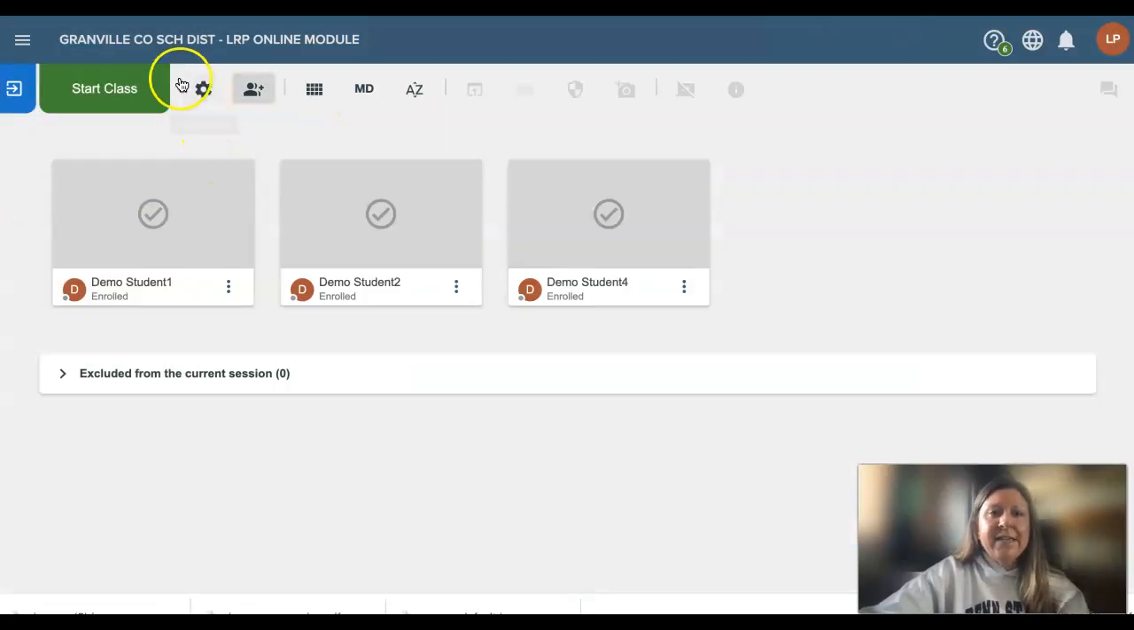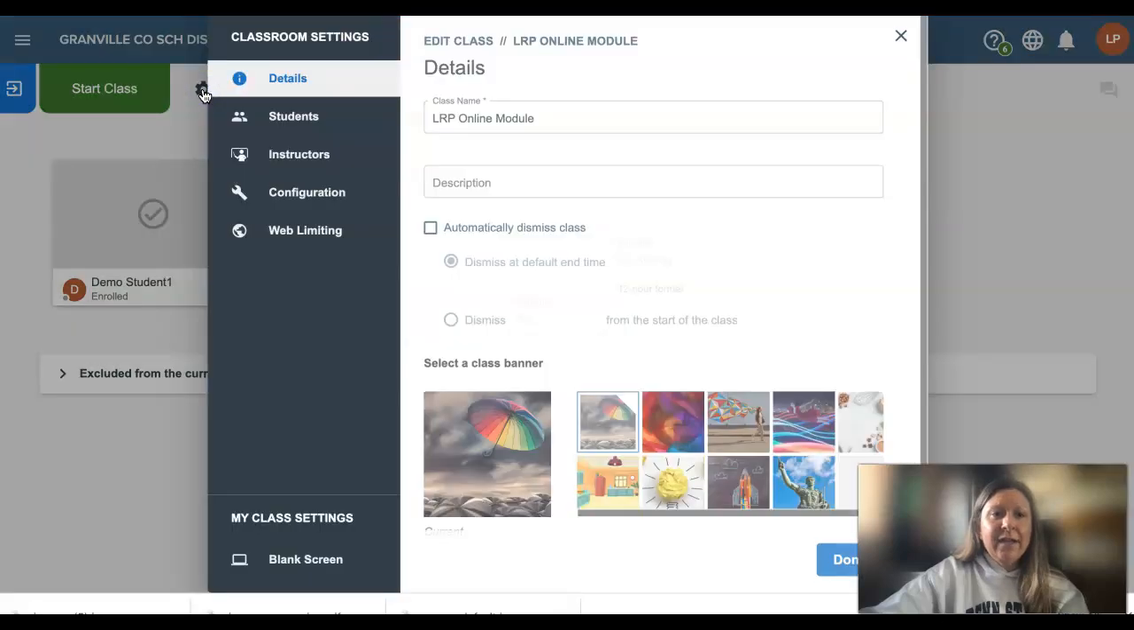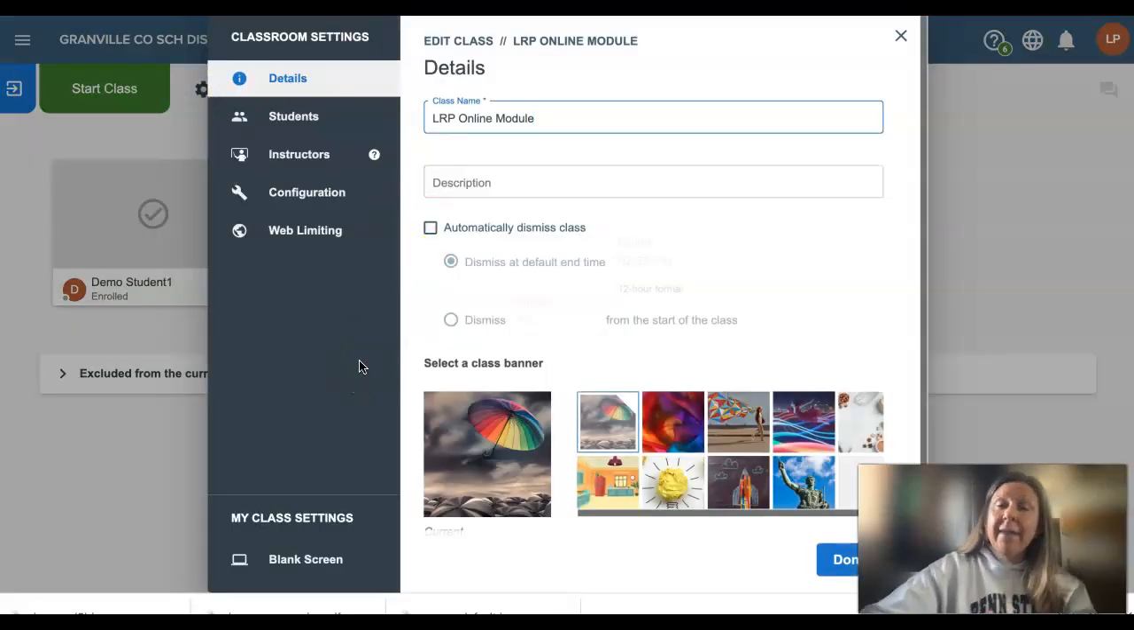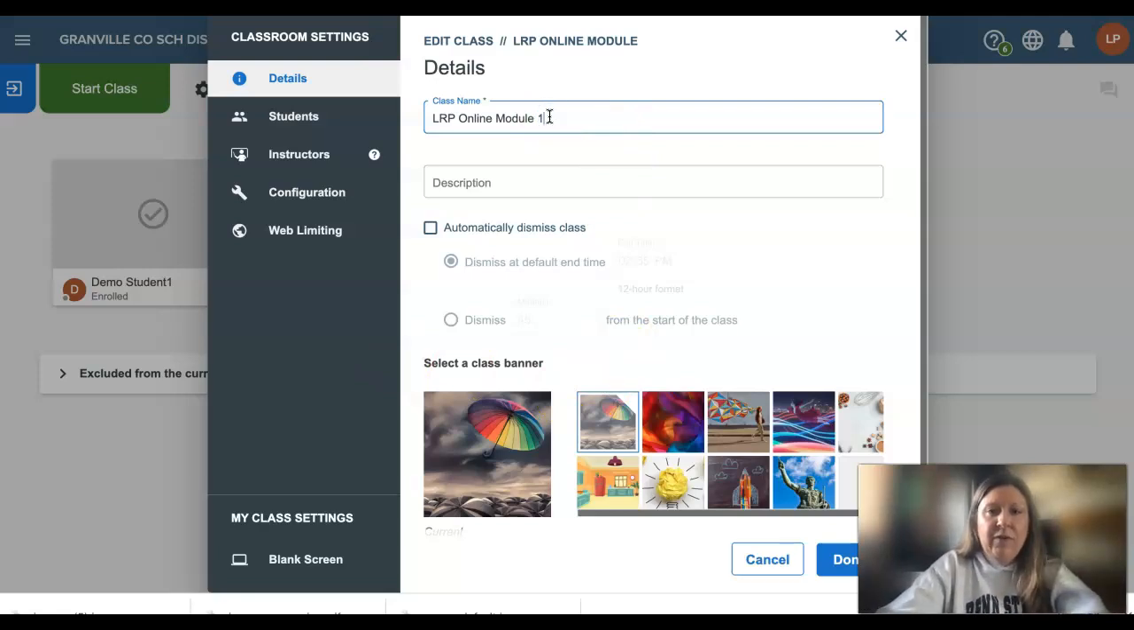From here, there is a settings option or a class settings. So I'm going to go ahead and click on class settings, and I'm going to highlight a few items here. You can update the class name. So if you wanted to change it for first block, you can update the class name on a class that is manually created. You are not able to update the class name on a course that is pulled out of